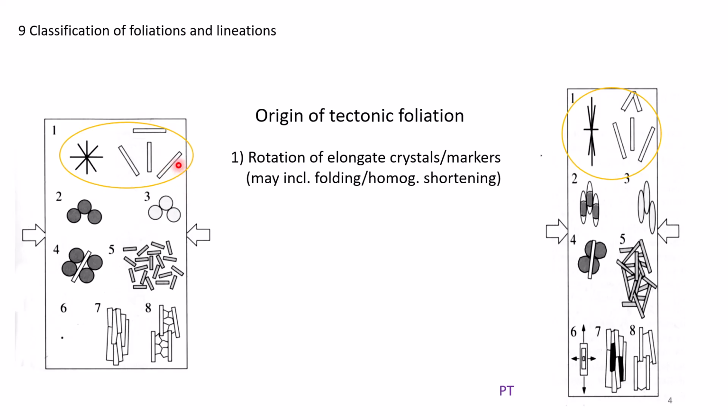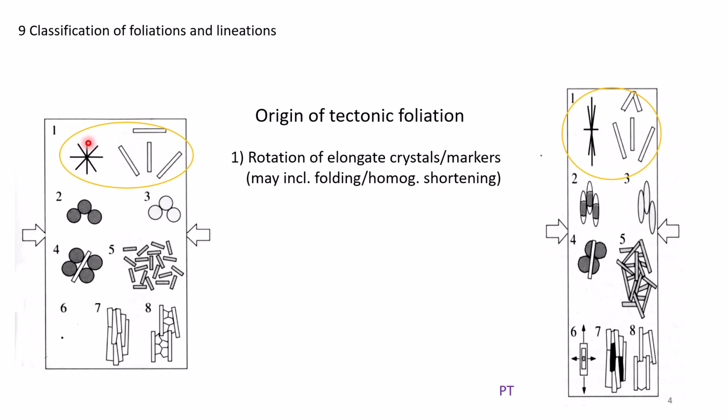And when such rocks undergo shortening, indicated by the arrows here, we will see that during the lateral shortening, our strain markers will respond. And this can happen in different ways. A lot depends on the orientation of the strain marker with the shortening direction. For instance, the horizontal strain marker that we see here undergoes shortening perpendicular to the layering, to the foliation that is forming by the other markers